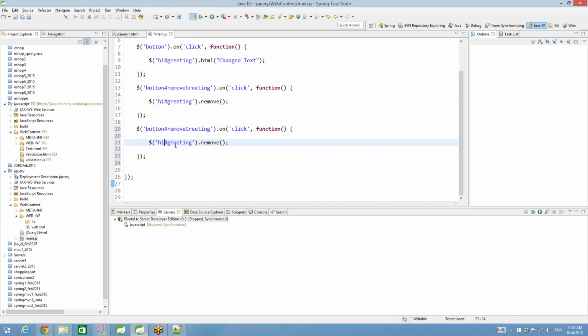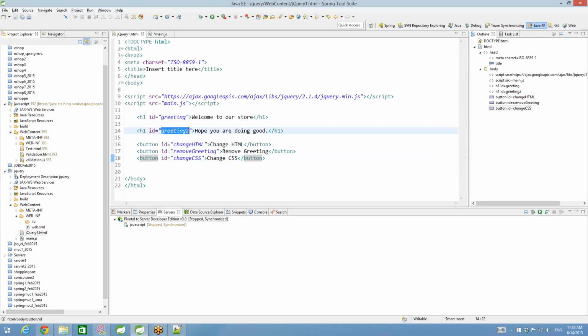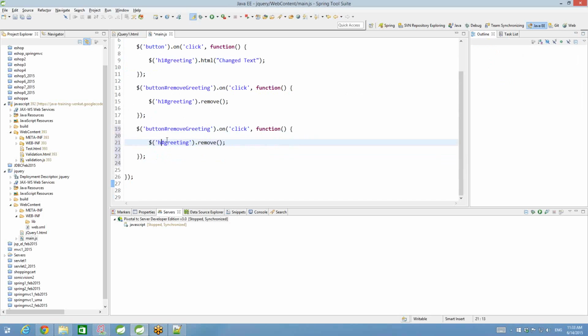Or let's say, let me change H1 with greeting 2. What I want to do is add the CSS here. So color,